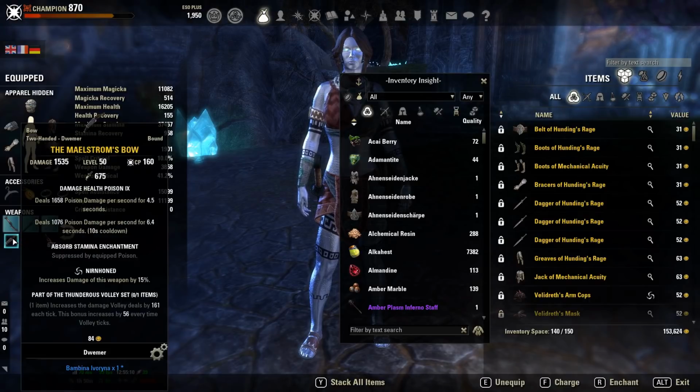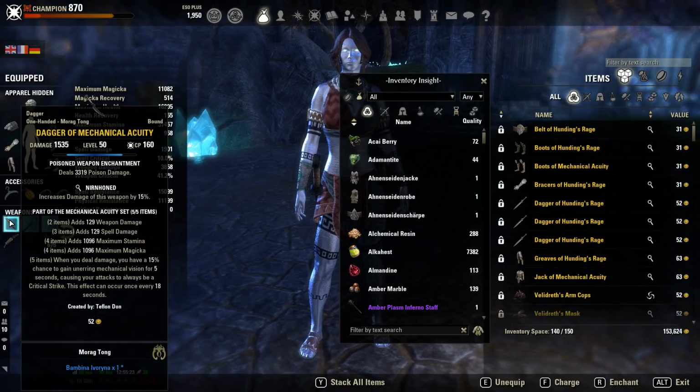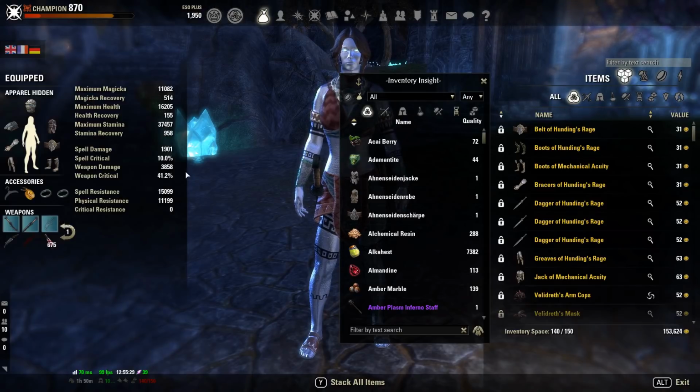Then we use a Maelstrom Bow and Nirnhound here. Last patch I said Nirn or Precise, but we use Mechanical Acuity. And every time Acuity procs and we're on the back bar, we waste the set bonus. Because Acuity, as you can see here, the 5-piece bonus gives a 15% chance to get an extra 100% weapon and spell crit chance